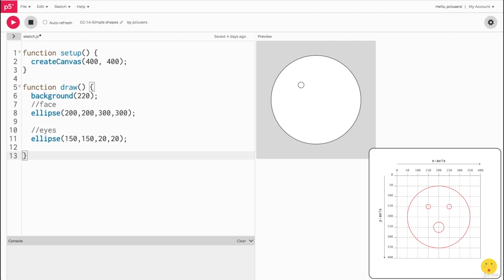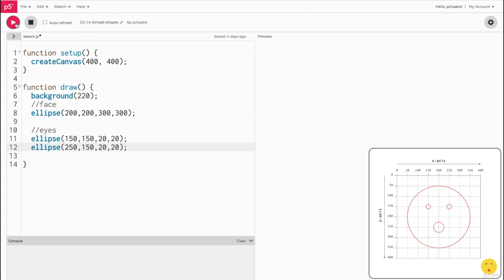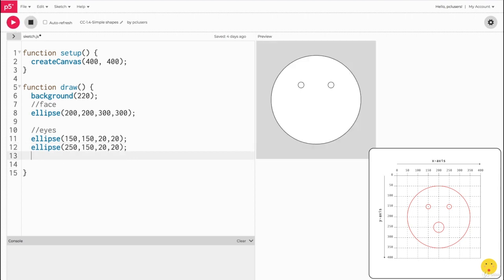Okay. And now let's draw the right eye as well. So that will be at 250, 150. Only the x value changes. And finally, let's draw the mouth. So the mouth is at 200, 250 and we'll make it a little bit bigger than the eyes, so we can make it 40 by 40. So there we have it. We made a very simple